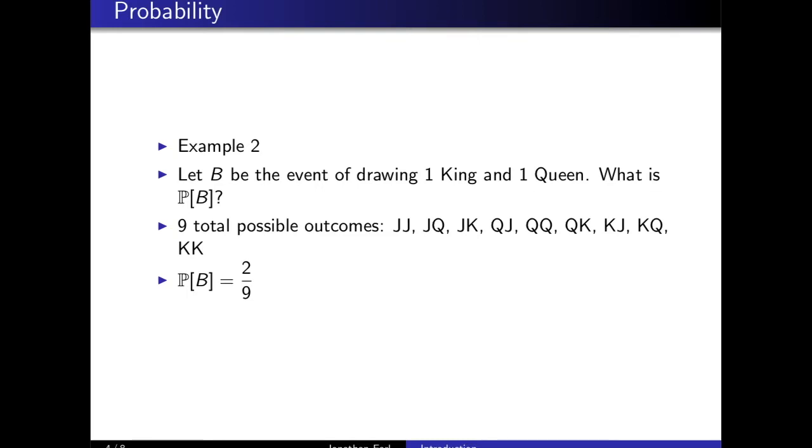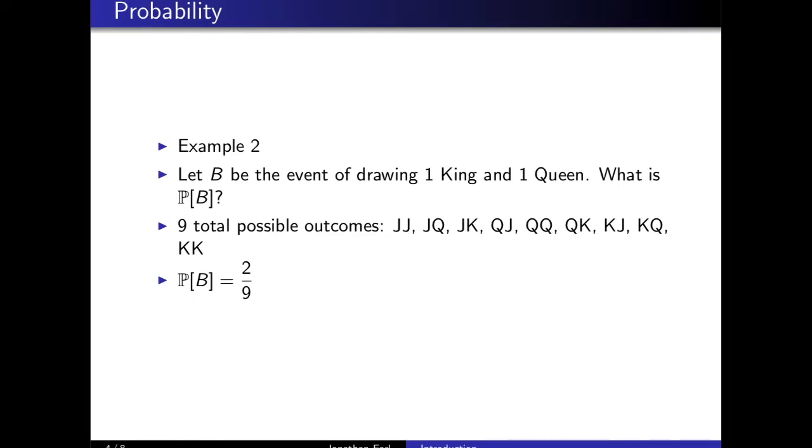Well, for the moment, the simplest thing we can do is just enumerate out all of the possible outcomes and see which ones give us what we want. So for this, we see one outcome where we draw a queen on the first card, a king on the second one, and then another event where we draw a king on the first card, a queen on the second one. Those are the only 2 outcomes that give us a